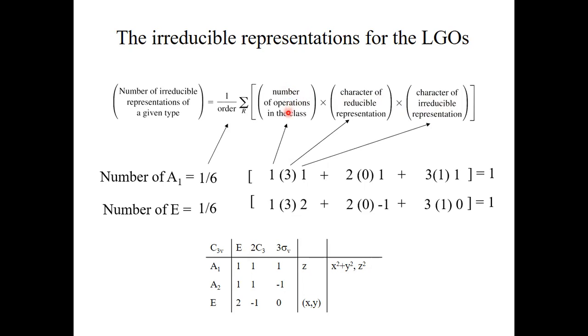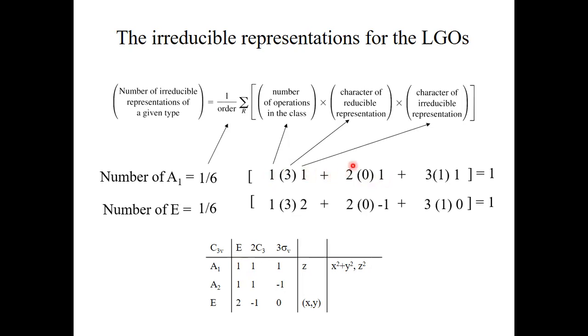The number of operations in the class for the identity, that is 1, times the character of the reducible representation, that is the character we determined on the previous slide. So that was 3. And times the character of the irreducible representation, well, this is this character here, which is 1,